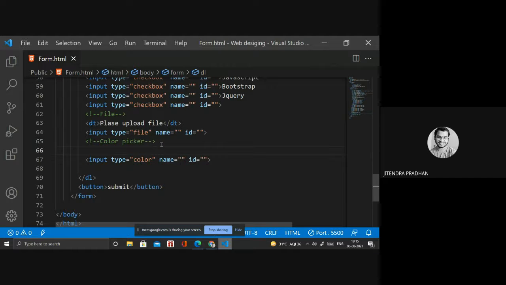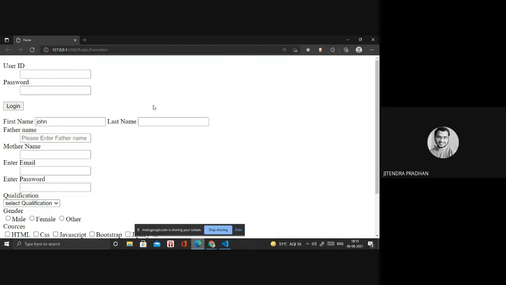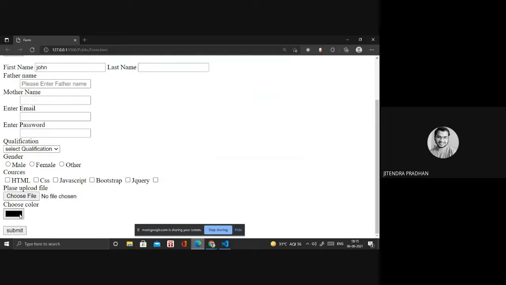In that, I need to write a dt inside. I need a label: choose a color. Okay. Yeah, in that choose color, we have a color picker.